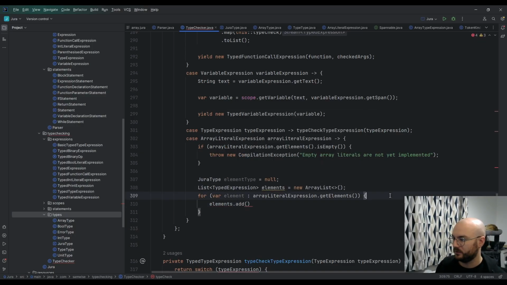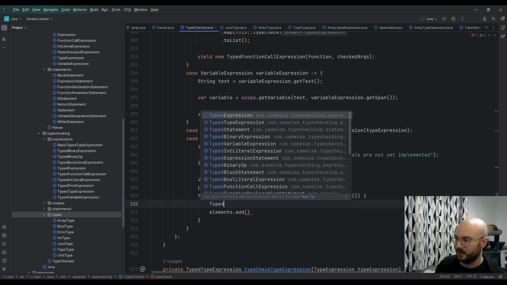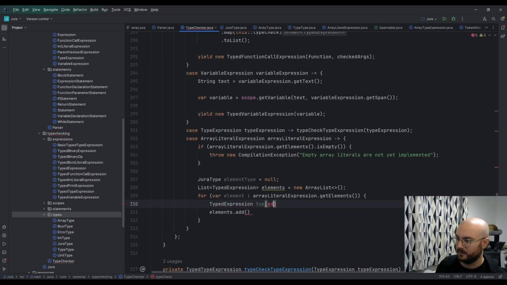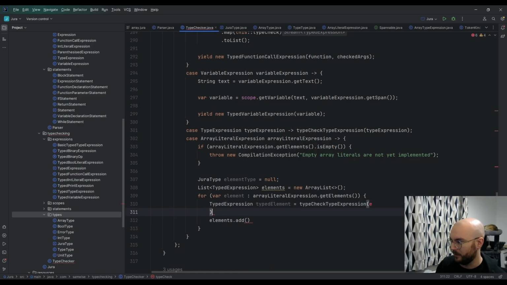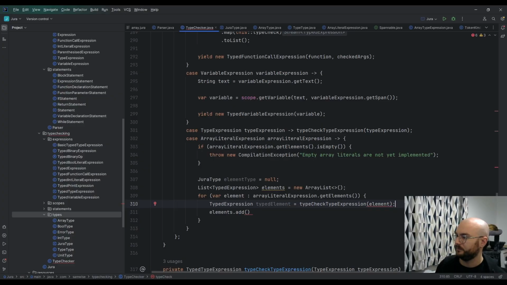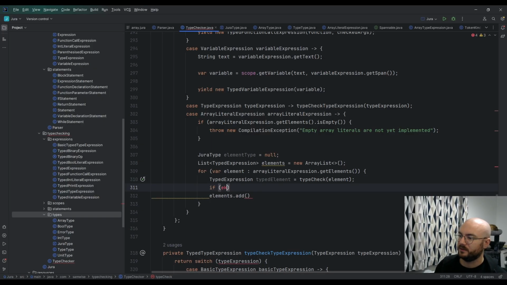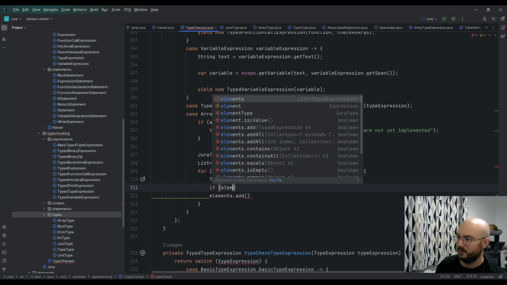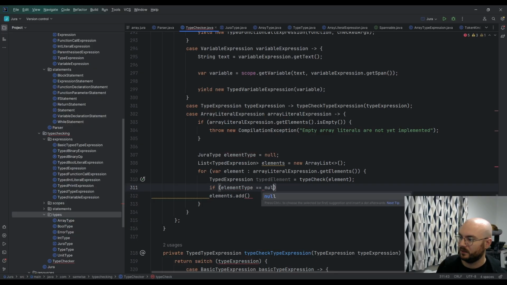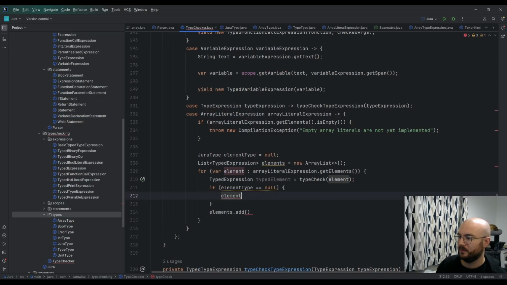Well, let's do typed expression typed element, and then we will type check the element. There we go. We then say if element type equals null, element type